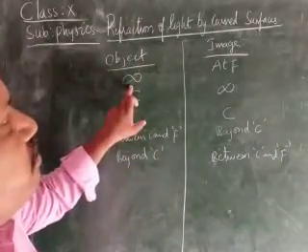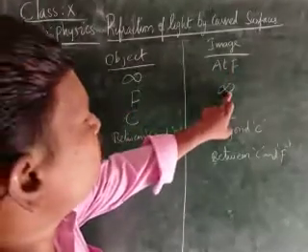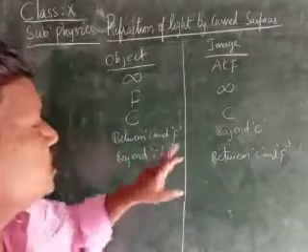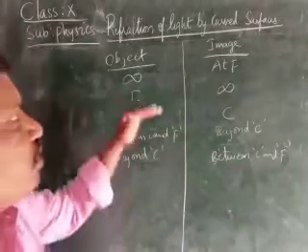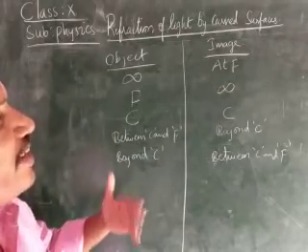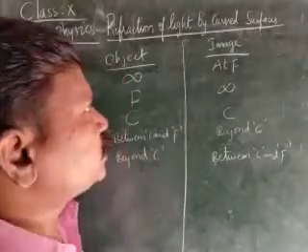Here object is at infinity, image is formed at F. When the object is at F, image is formed at infinity. On C, between C and F, beyond C, between C and F. Like this, if you remember, children, it is very easy for you to recollect them. Okay, children. Now, the sixth case, children.